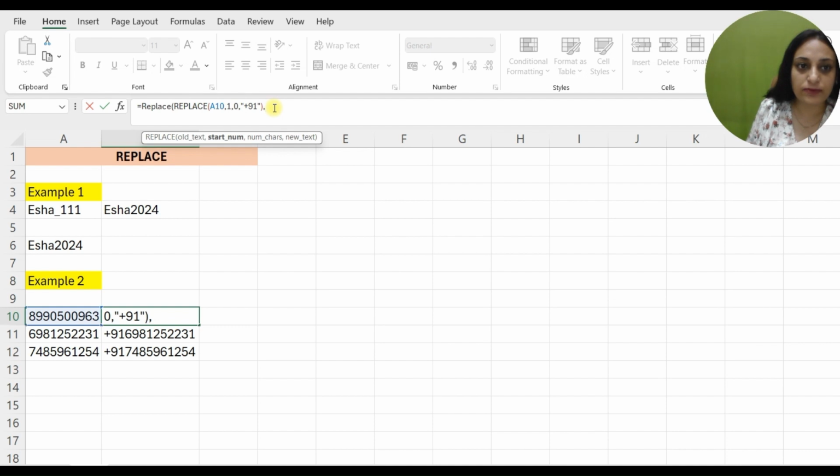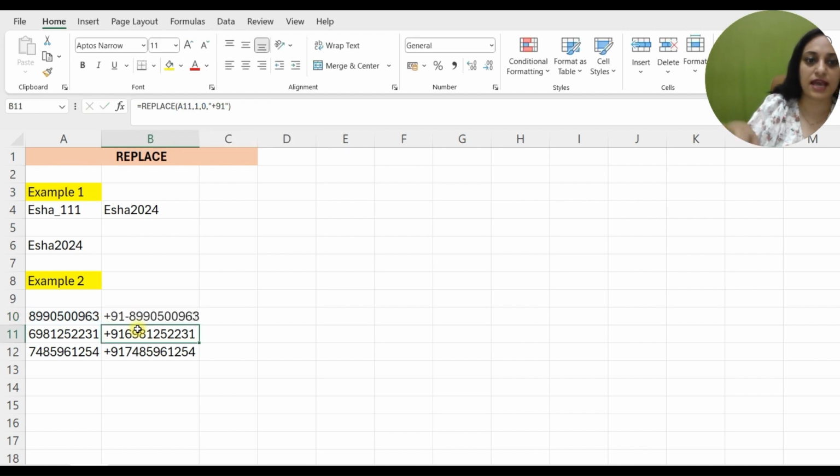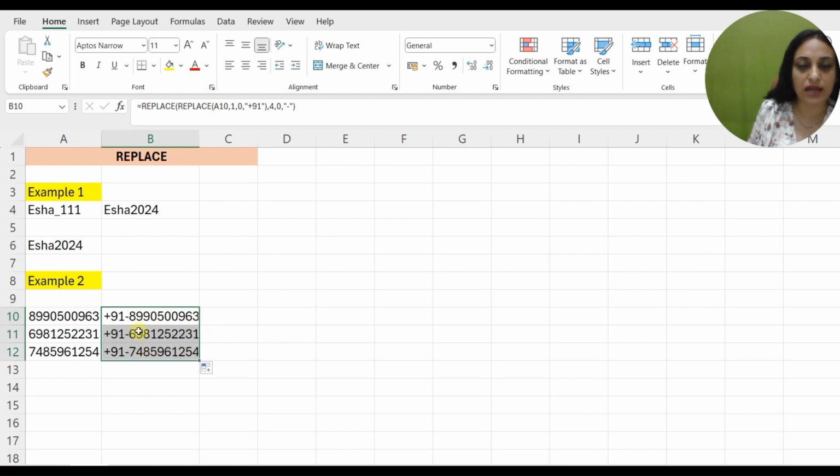Start number here would be, it's after +91, so start number would be 4. Number of characters again 0. New text is say dash. So now I have my numbers in the expected format.